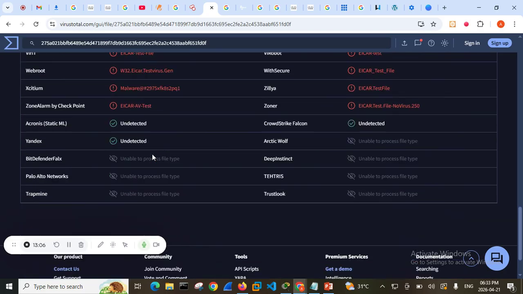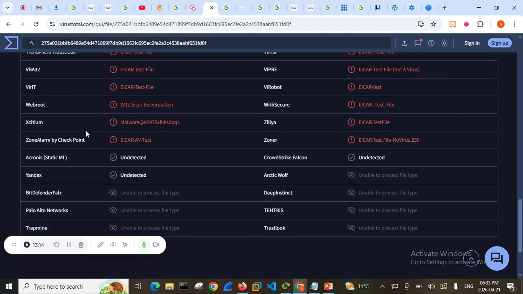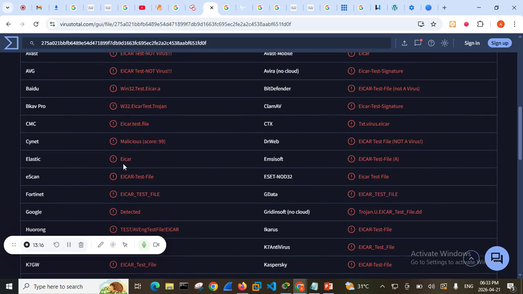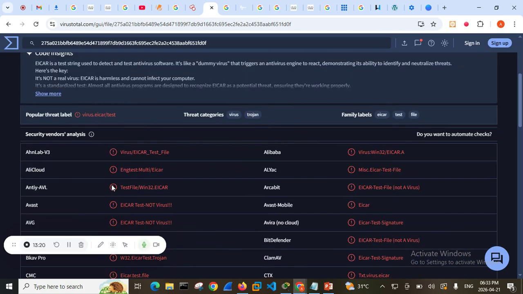They found it as being malicious, so only two say undetected. There was nothing we detected that is bad in it. However, you want to go with the majority, so the majority is saying this is bad. So you don't want to go with the other ones that are saying this is not bad, because what they are searching for